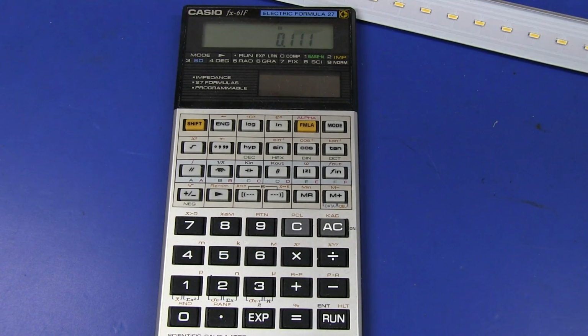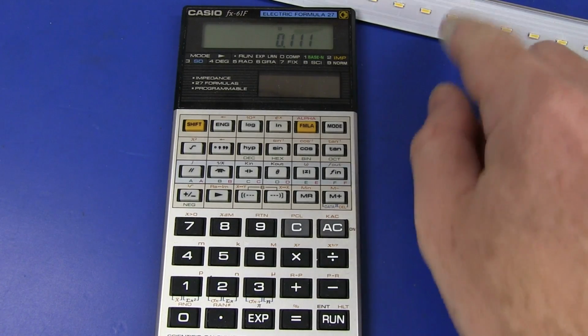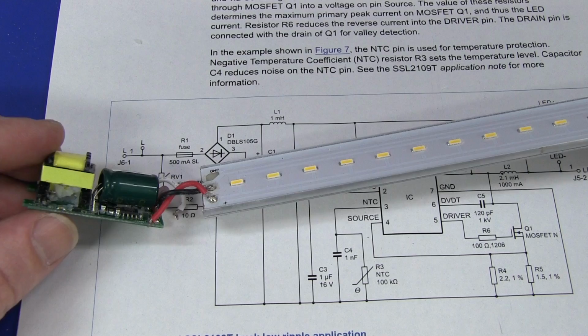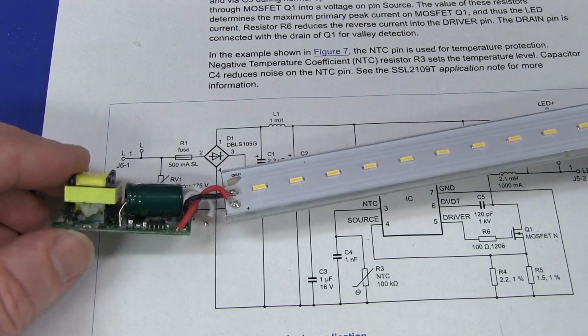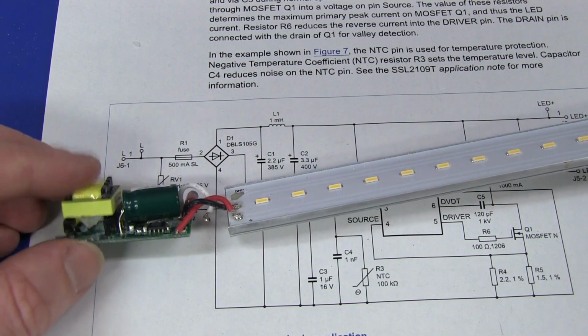So when you include the efficacy and everything else, how much waste heat is coming out of this thing, it is not a huge amount. That's why these things don't really need to have any major heat sink. And although, as we saw, they did actually have that little 1 square centimeter worth of large pad on each pin there. So there you go, that's inside a typical reasonable quality not German manufactured, but German company Mueller Light,